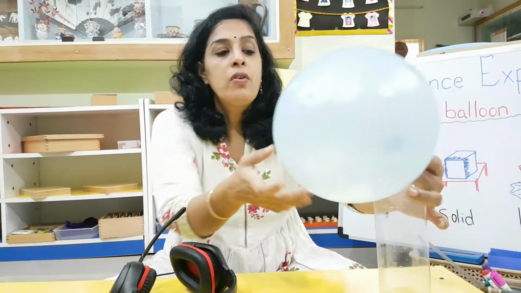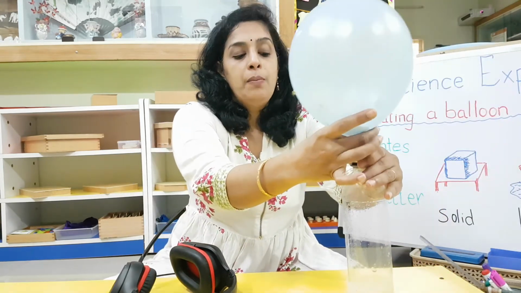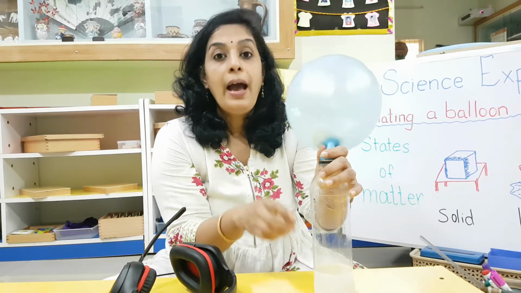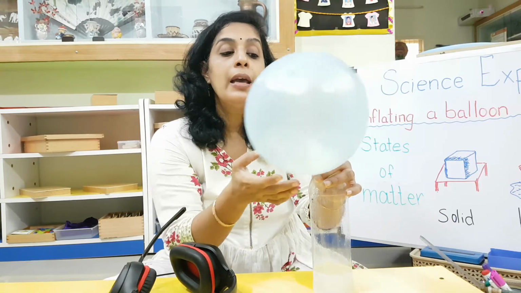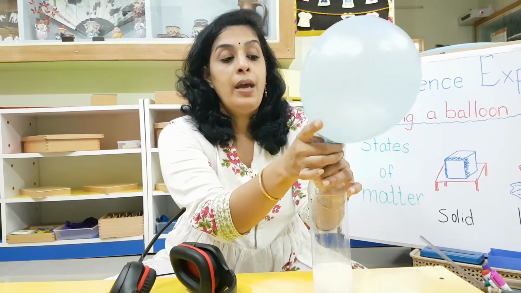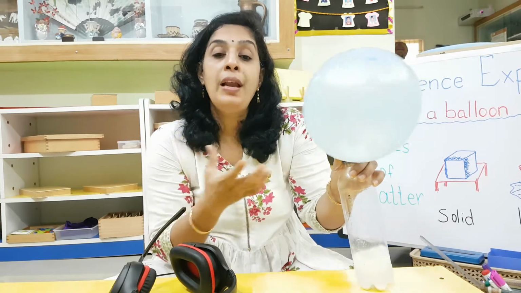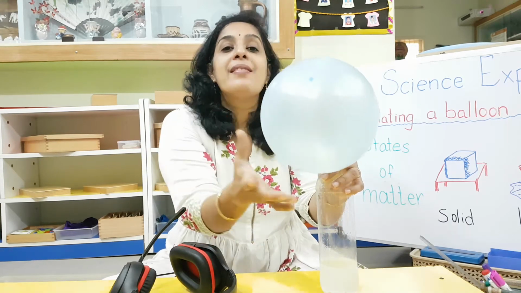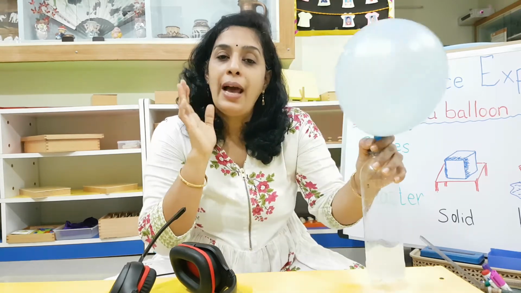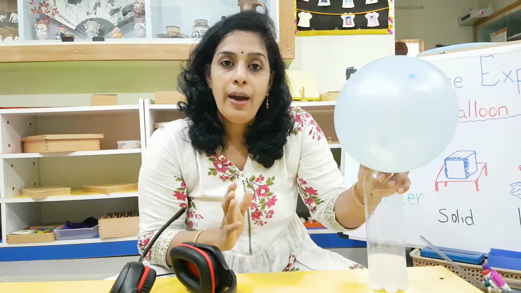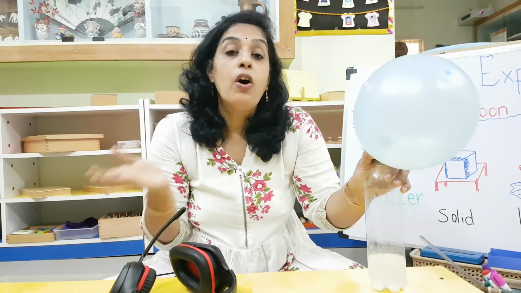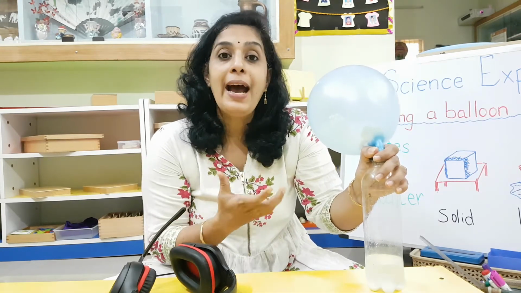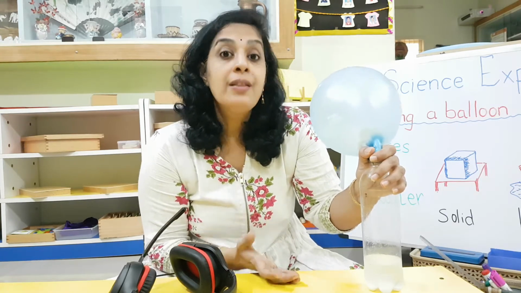So here we saw this experiment where we had this baking soda mixing with vinegar, and when gas is produced, the gas needs place. It needs place to go and fill up everywhere, but we have closed it with a balloon, so it will fill up inside the balloon. So like solid and liquid, how it needs place or space, air also needs space. Even gas needs space.